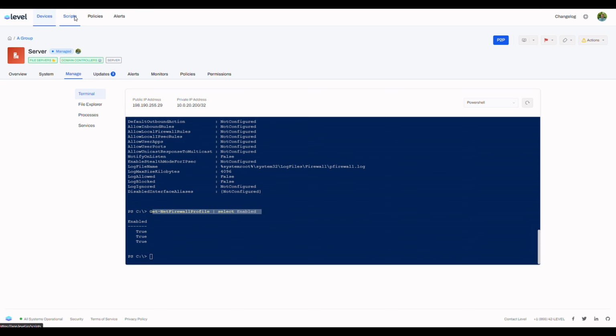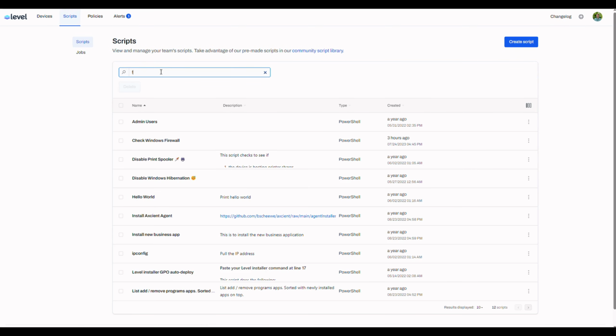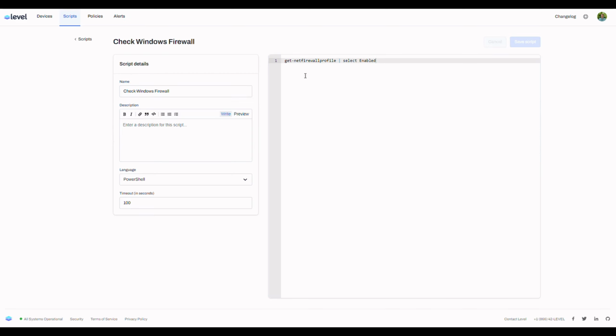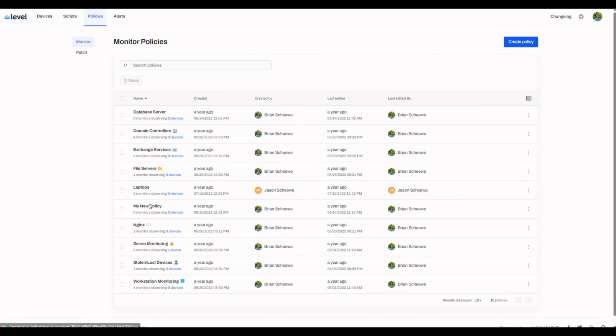So from here, we'll go to scripts, and I've already created this script, so I'll just pull it up here. I called it Check Windows Firewall, and we can see the exact same command is here. And we will also see that we're using PowerShell as the language, and we have a timeout of 100 seconds. So now let's go back to our monitor policy of server monitoring,